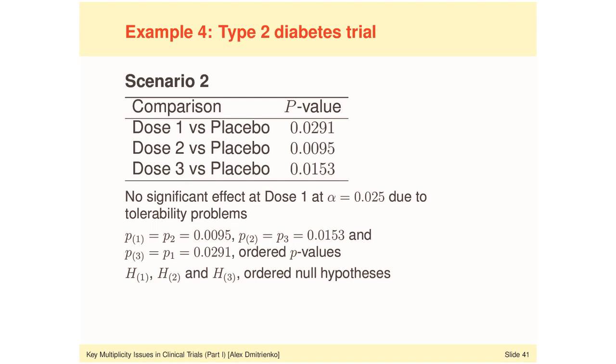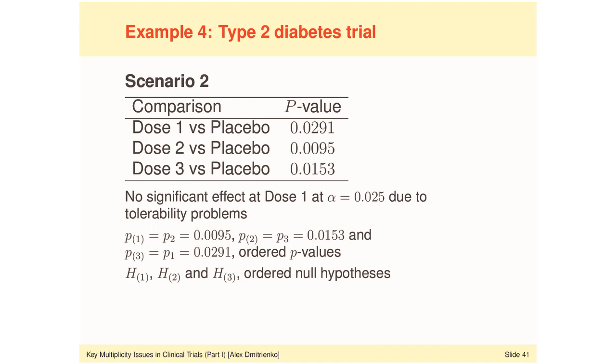Specifically, this table lists the individual comparisons, each dose versus placebo, in this type 2 diabetes trial, and for each of those comparisons we see a one-sided p-value. The first one, for example, is 0.0291, and to be able to apply the Hommel procedure, just like the Holm procedure, we need to define the